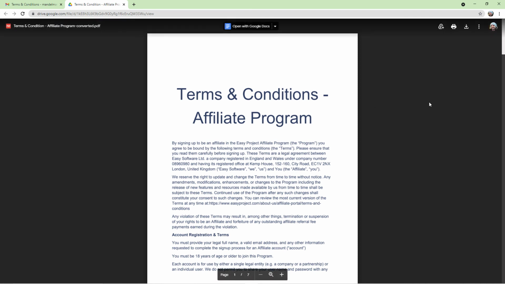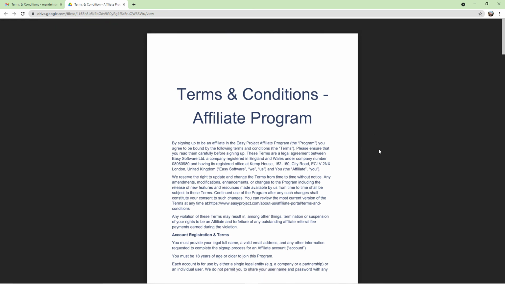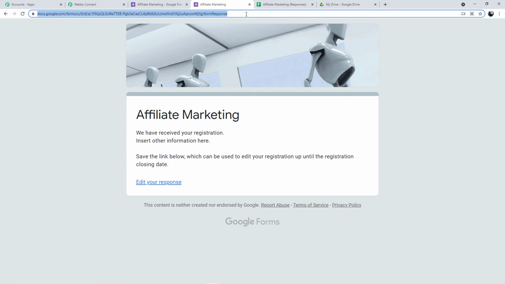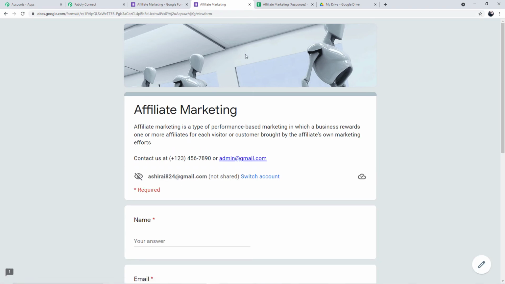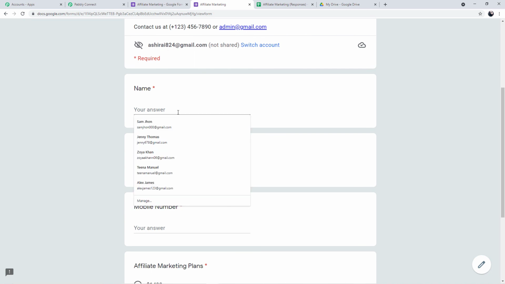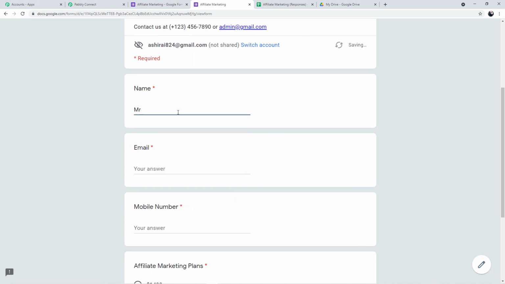Now let me show you a real-time example. As soon as you fill up the form on behalf of our client, let's see if the client immediately gets the email with this particular link of terms and condition or not. Okay, so this is the form. Let's resubmit it. Okay, and this time let's say our client's name is Michael Karas.